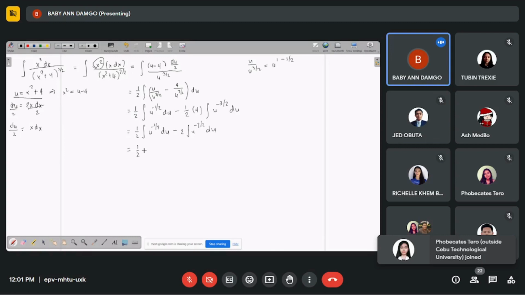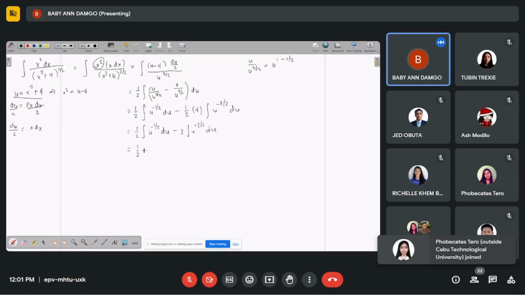Simplify, so we have 1 half, so this is u to the 1 half all over 1 half, okay, minus 2 times u to the negative 3 halves plus 1 is negative 1 all over negative 1 plus c. Okay, so simplify. So 1 half times 1 over 1 half is 1. So we have u to the 1 half. Here it's positive u to the negative 1 half plus